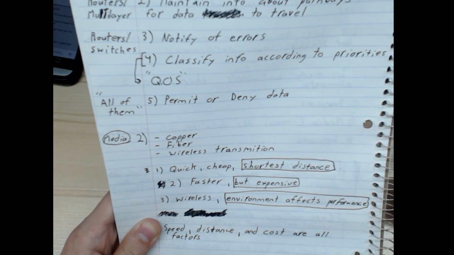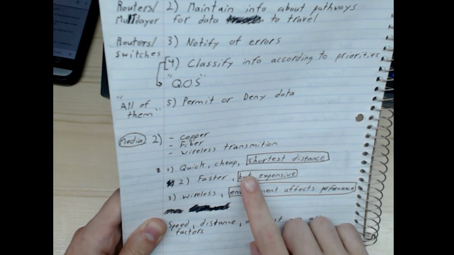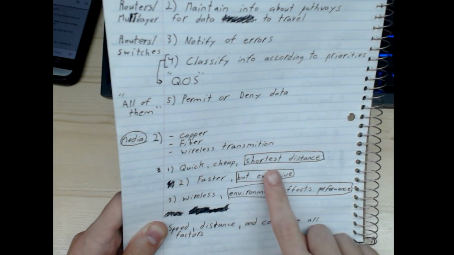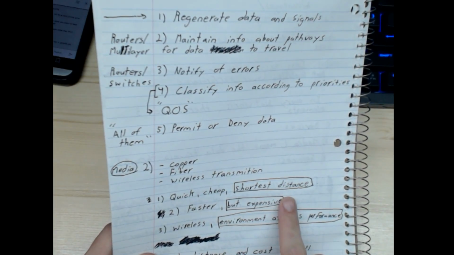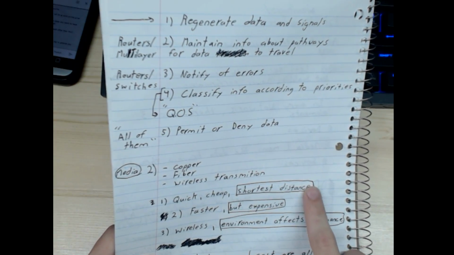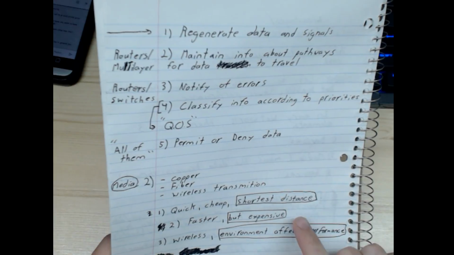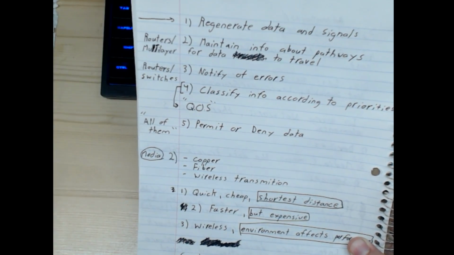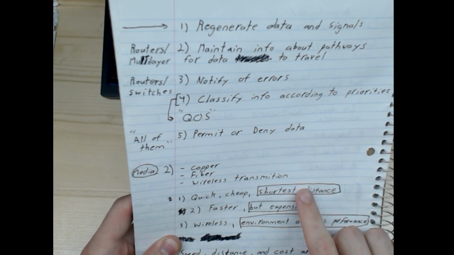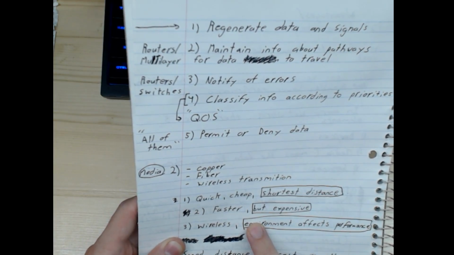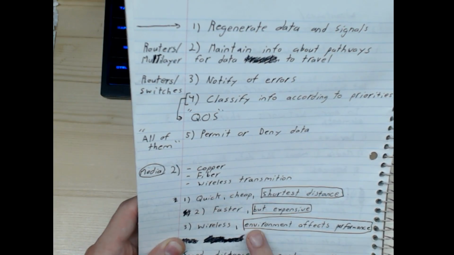So, basically, from what we can tell, if we look at one quick, cheap, and shortest distance, what I have enclosed in the box seems to be the con of each one. So for copper, it would be shortest distance, fiber would be expensive,